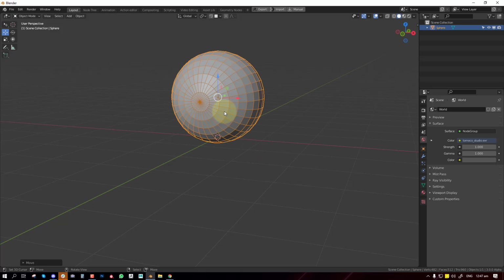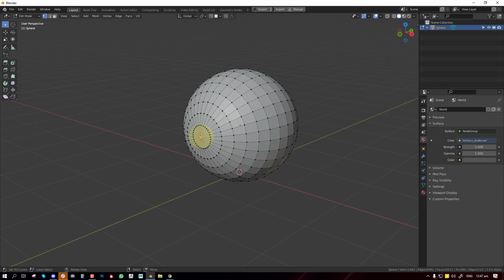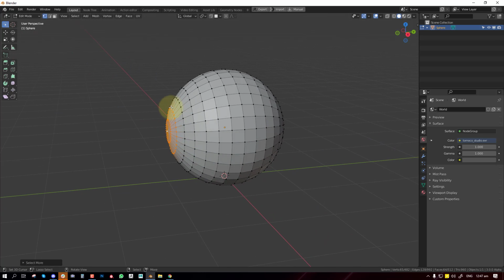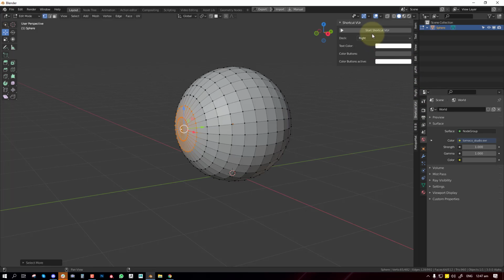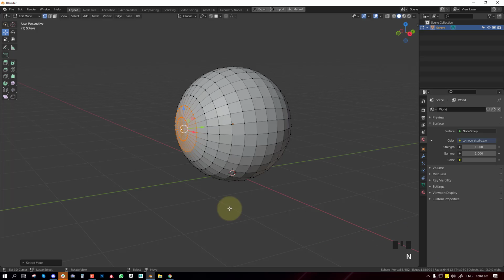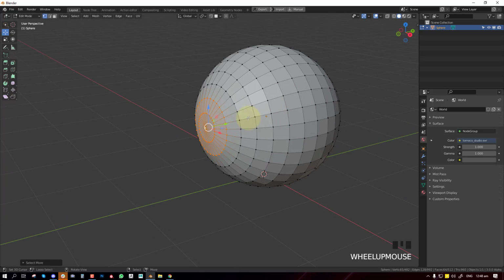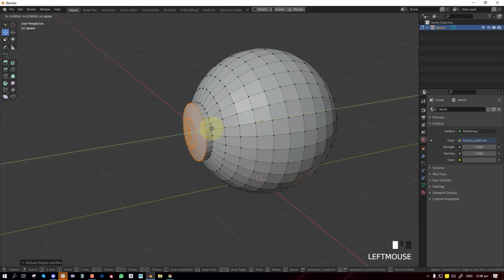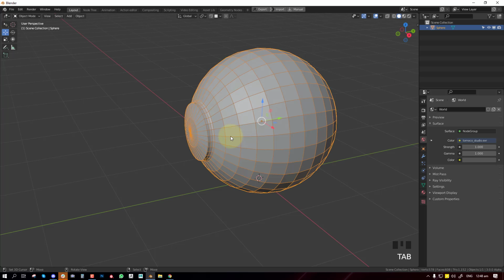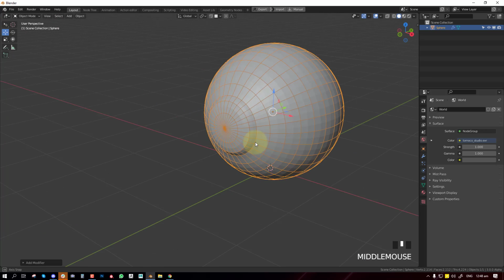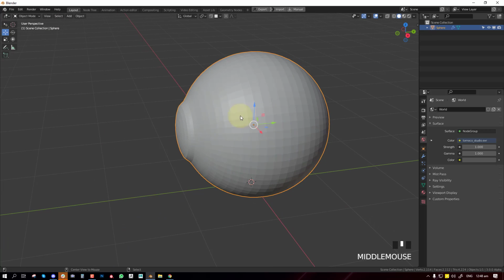Okay, so once you have your sphere, we'll go into edit mode and select this portion. So I'll use the tool to bring out the move gizmo. Before we do that, I'll just quickly turn on the shortcut display so you can follow along with anything I'm clicking, any button. Now I'm going to extrude this outwards and Ctrl B, bevel this slightly. This is not really important because we could apply subdivision and that will fix that.